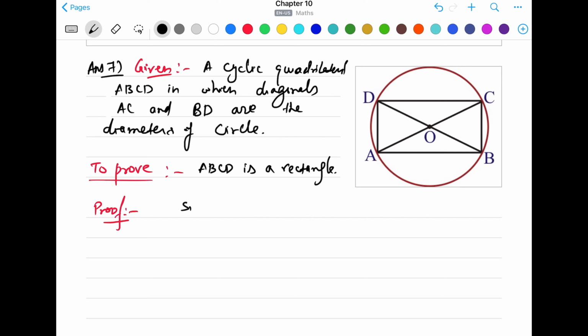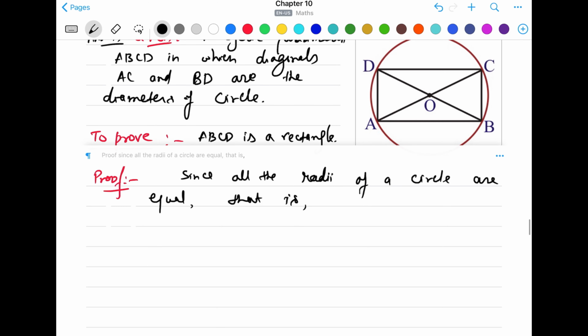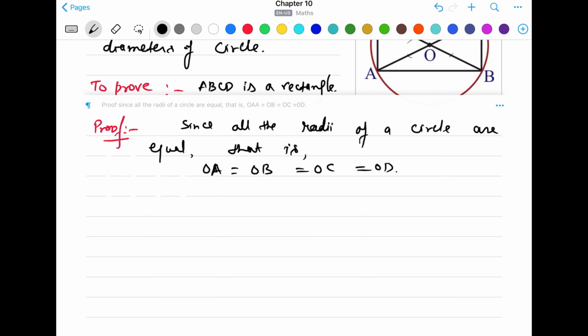Okay, so let's write, since all the radii (radii is the plural of radius) of a circle are equal, that is, we have OA equals OB equals OC equals OD. That means all four radii, OA, OB, OC and OD, are equal. Therefore, this implies